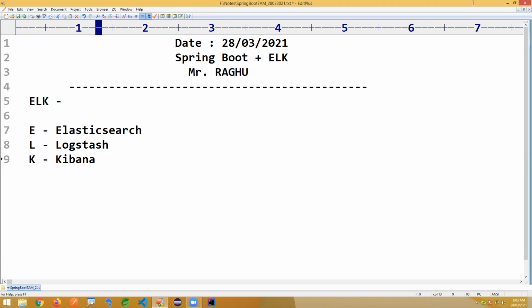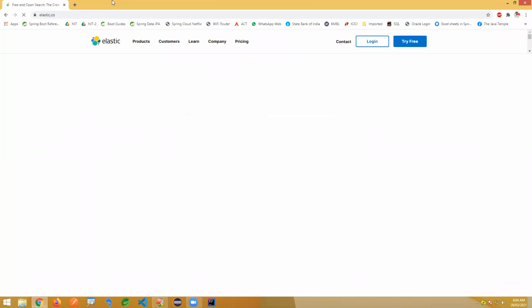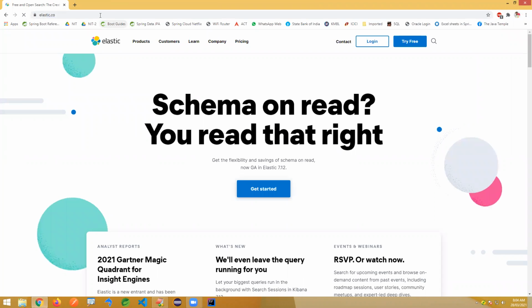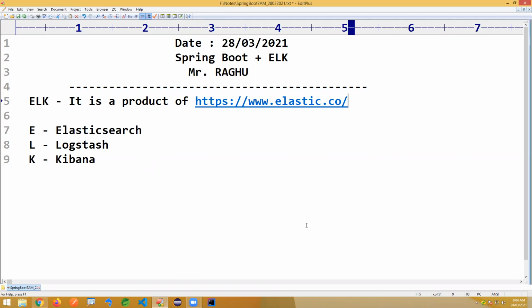So this is a combination of three software tools. ELK is given by a company called Elastic. Elastic.co is the company name here. It is a product of Elastic.co.